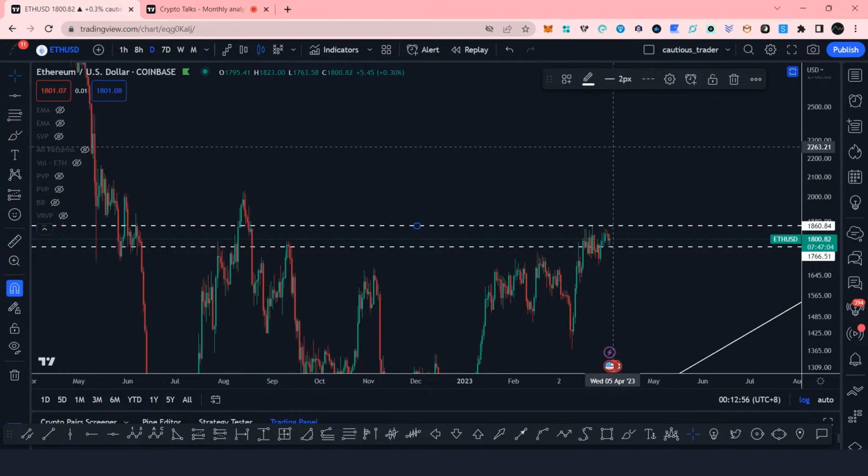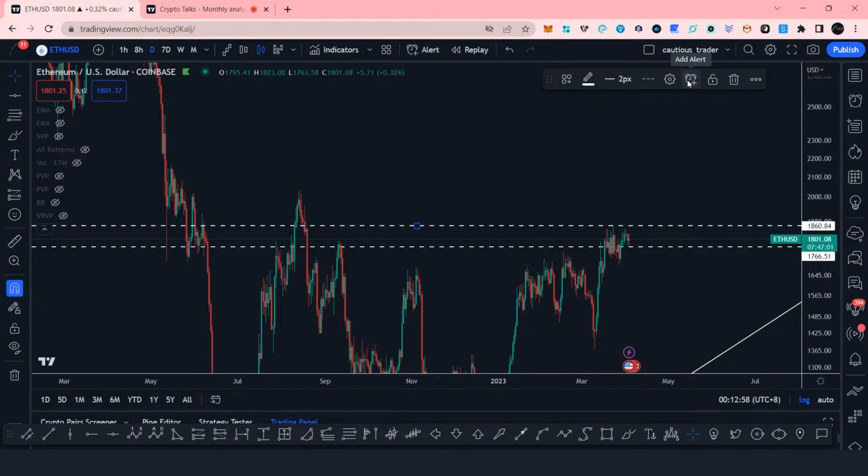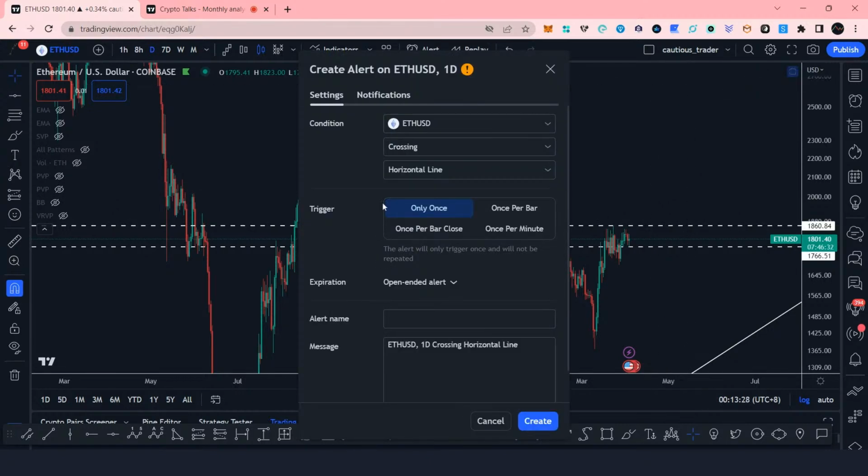O, di ba? Ganun ka agad. Mag-set ka na ng alert. How to set an alert? Just choose whatever trends that you wanted to put. You can actually put this horizontal ray or horizontal line. Or even the trend line itself, meron siyang alert, then just click alert so that at least when it reaches this area, then you will be notified.